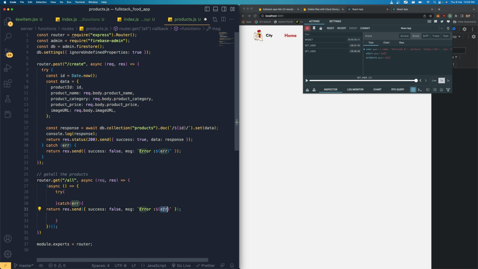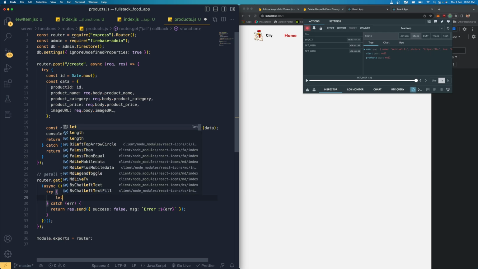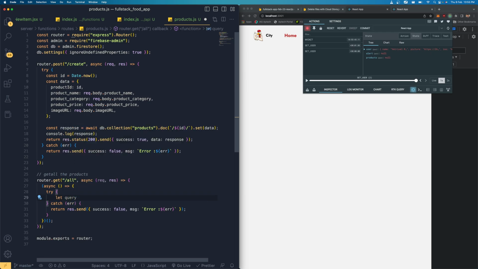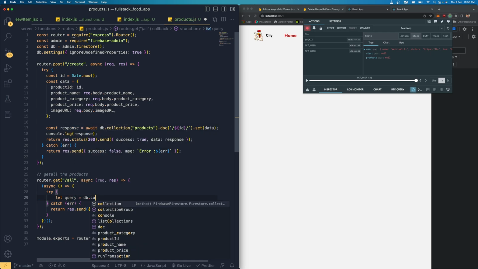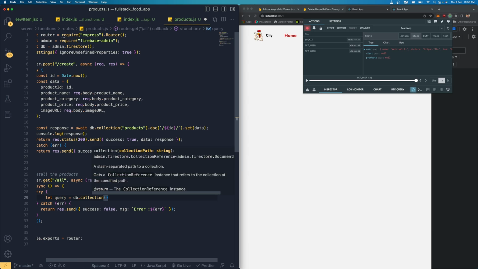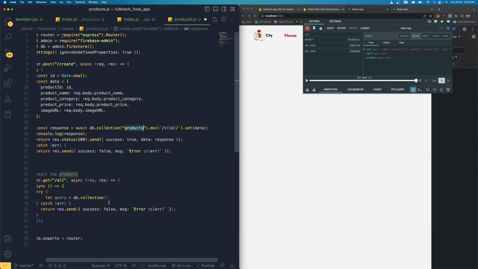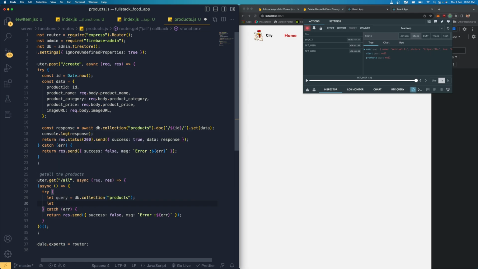Make sure that is error, yes. Then save the changes and write after here. Now what we're going to do, let query object equals db.collection. The query object is going to be this collection. We're going to get every single document inside that collection, products, and I'm going to create an empty response array,